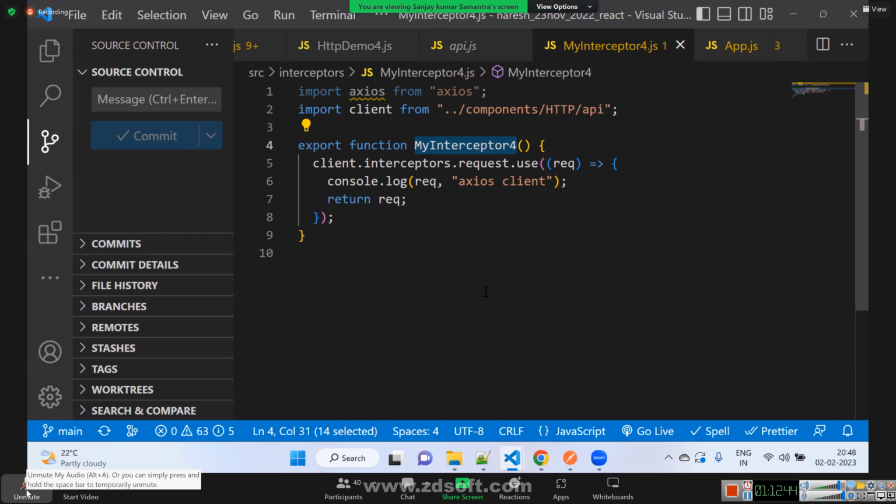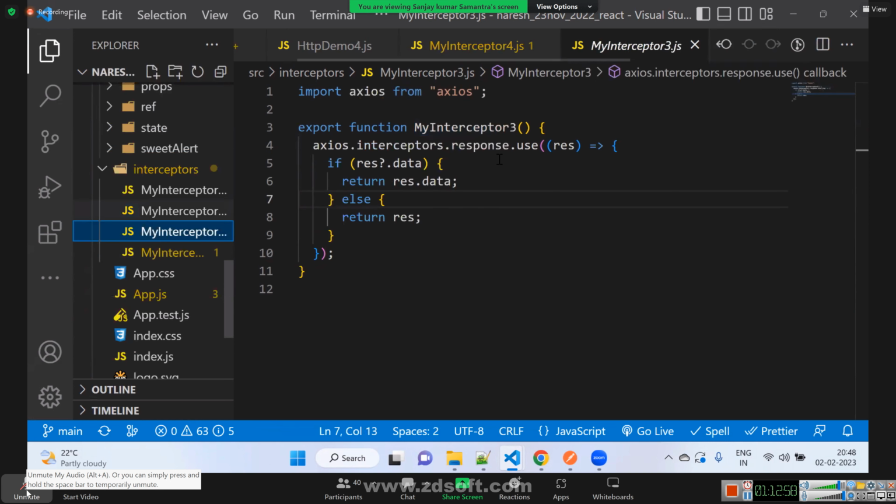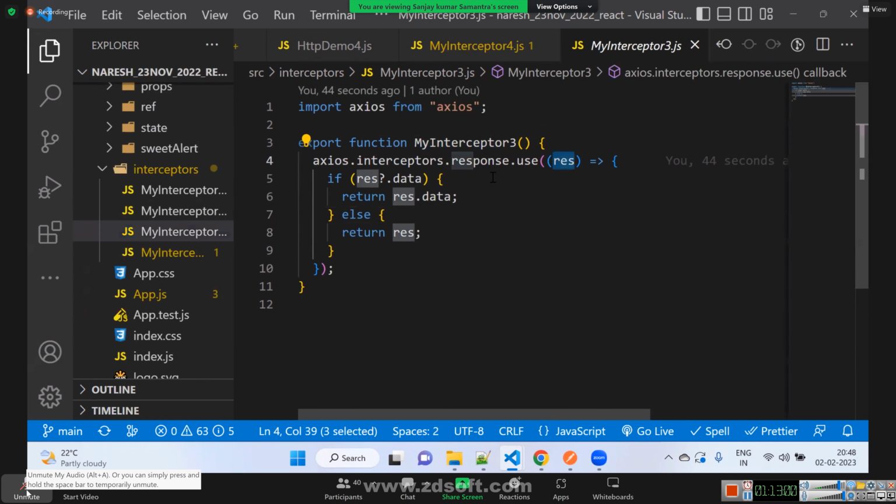That is how it should be. How can I get it from the response header? What is the need to get from response header? So here, when you print console.log response, you will see all the headers.